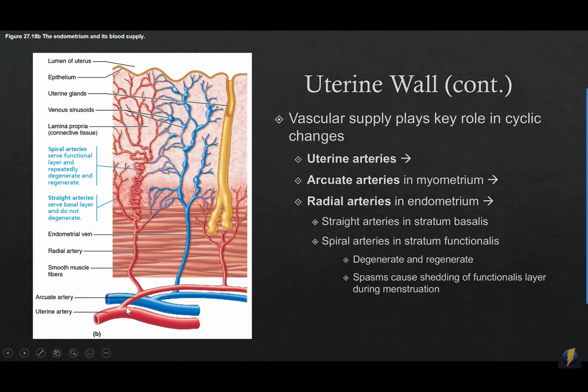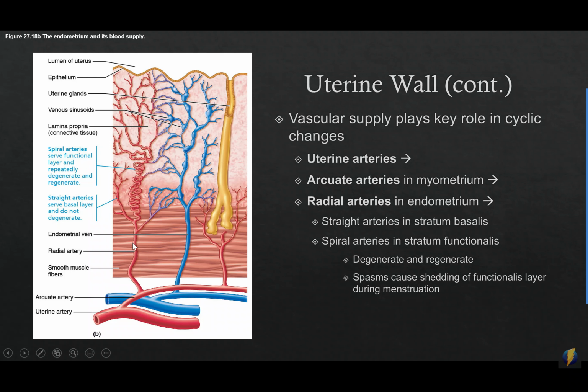They then branch into these arcuate arteries in the myometrium of the uterus, and then branching off the arcuate arteries are these radial arteries. And then these radial arteries, in the somewhat lower layers of the endometrium,